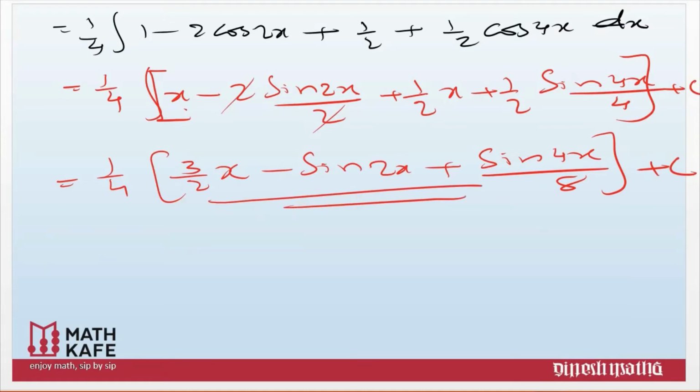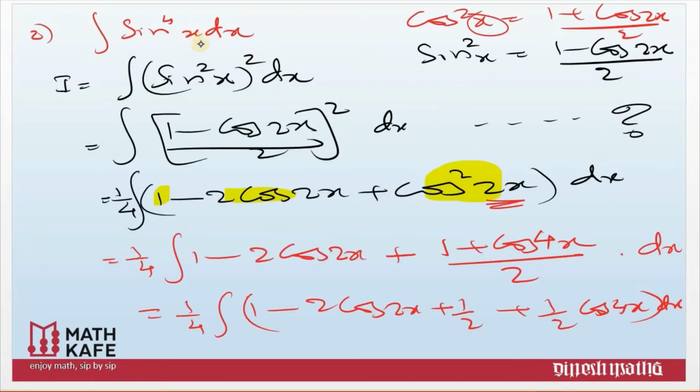Now basically what we have done is that the sin raised to 4x, we wrote as sin square x whole square, and plugged in the value of sin square x, then expanded and simplified. Again there is a square. One more time apply the formula and then complete it.